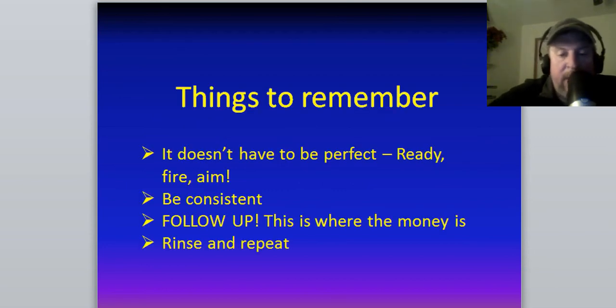Okay, things to remember here. It doesn't have to be perfect, okay? The most important thing is to get it out there. Get yourself out there. Get your sales funnel out there and start getting those ads out there. Start generating some leads. You can't do anything without traffic, and you can't do anything without leads. Ready, fire, aim is very applicable here, and that's a term that I picked up from Jeff Olson in The Slight Edge.